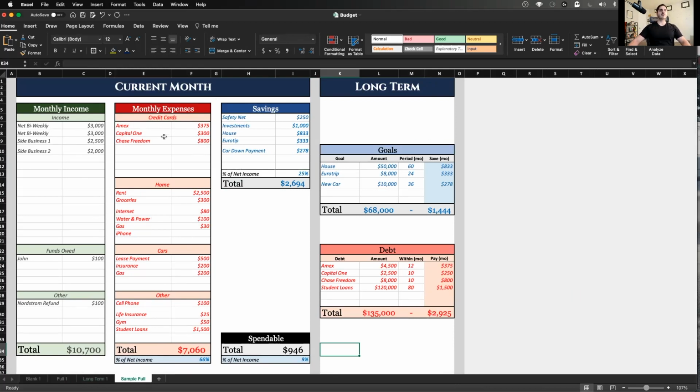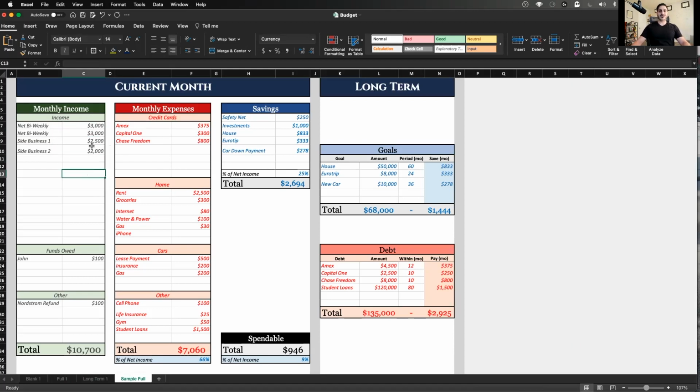From the top, we have our monthly income, and that's our net income. And net income is after your taxes, after Social Security, Medicare, whatever it is, right? If it's a business and you pay yourself a certain amount, you know just about what your taxes will be, take that amount out. If you don't know what your taxes will be, there are online calculators you can use and assume what taxes might be to be able to get your net amount.